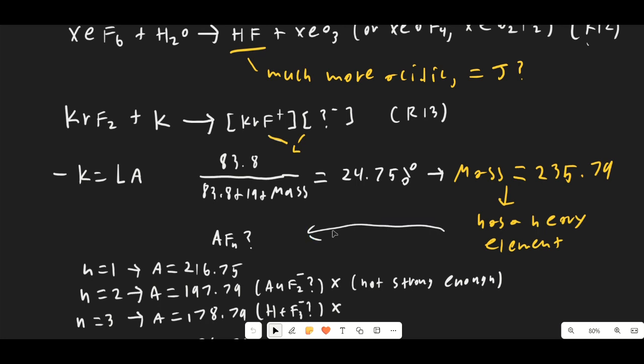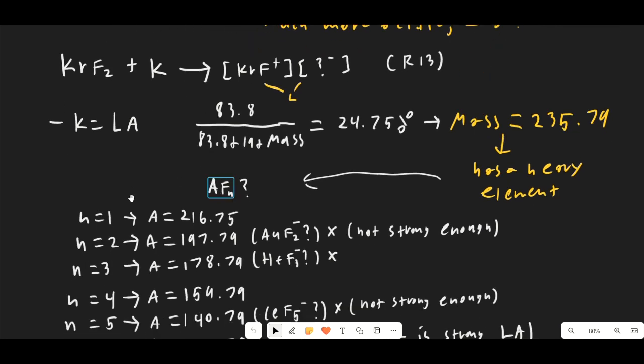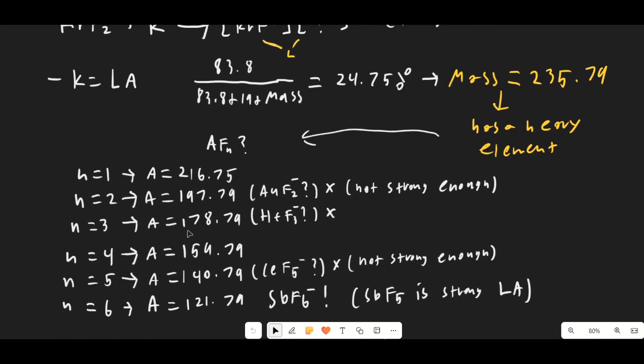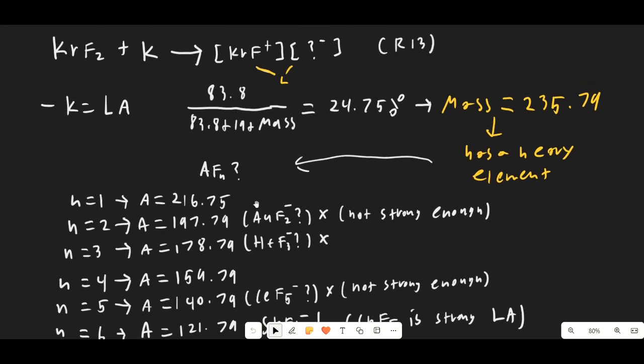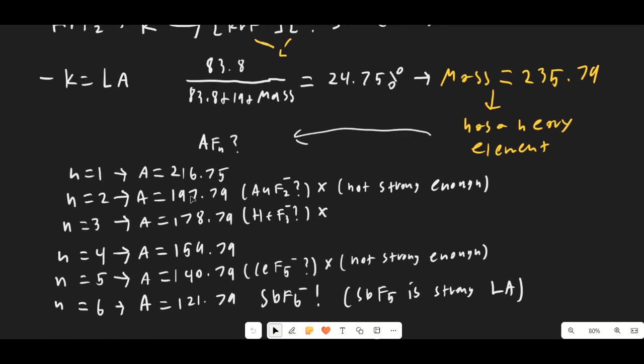Now, we can go ahead and take a wild guess here and assume that it's going to be this element combined with a bunch of fluorine atoms. That seems like a bit of a stretch, but again, you sort of just have to play around with these problems and make a few guesses before you can actually get to the answer. So if it has one fluorine, we're getting that the molar mass is going to be 216.75, which just doesn't match up. If it has two fluorines, we're getting that the anion here is going to have a molar mass of